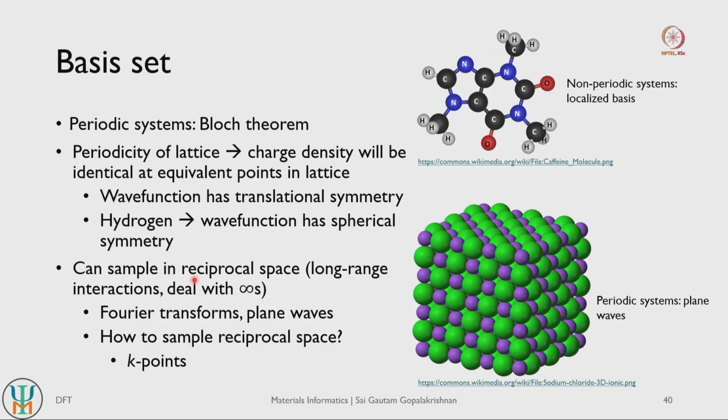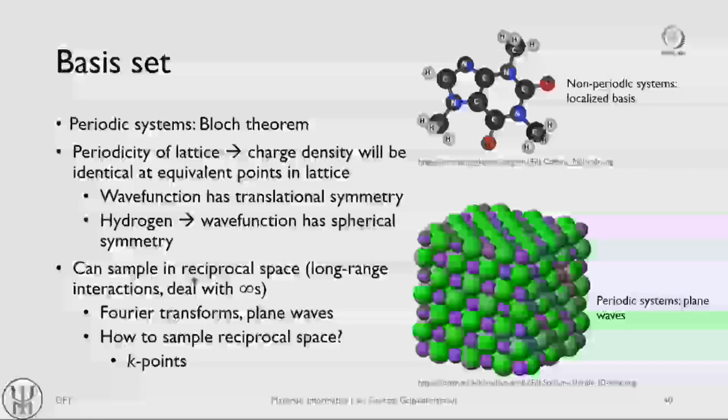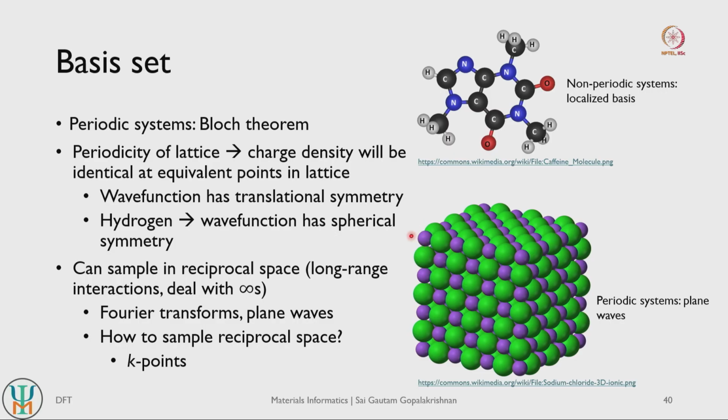So what are plane waves? Plane waves are basically a collection of sines and cosines. So whenever you cross a period in a plane wave, right, you always recover back the same value, right, and as long as you choose the period to be some kind of a multiple or associated with your bond lengths or with your unit cell dimensions, right, the plane wave will repeat itself, right, in its periodic image as well. So plane waves intrinsically have sort of translational symmetry, and those form a natural set of basis functions whenever you